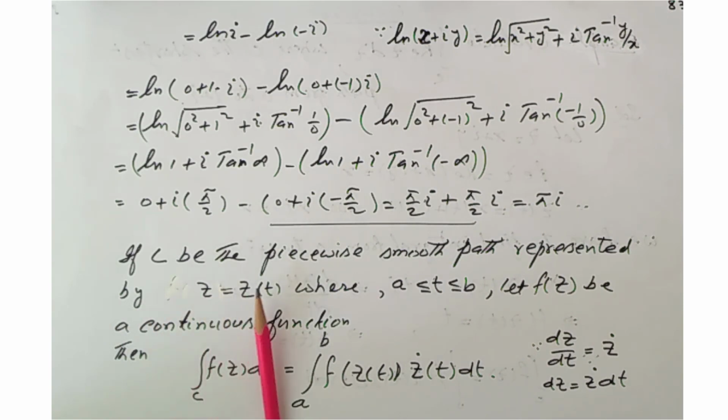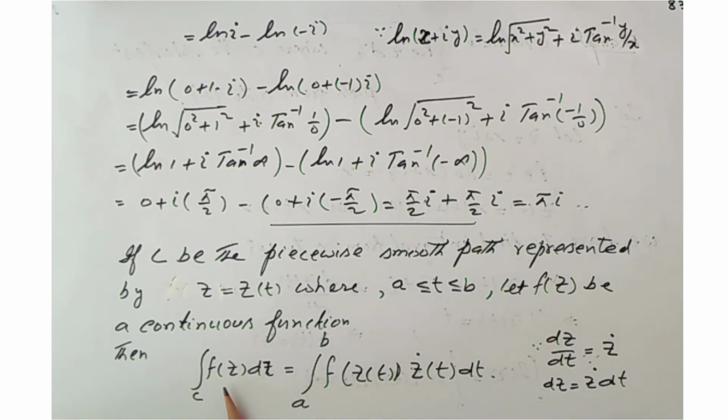Now if C is the piecewise smooth path represented by z equal to z of t, where t lies between a to b, and f of z is a continuous function, then integral of f of z dz equals integral from a to b of f of z of t into z dot of t into dt. Before this, the questions were simple integration. Now, if we cannot find the simple integration, we can use this formula